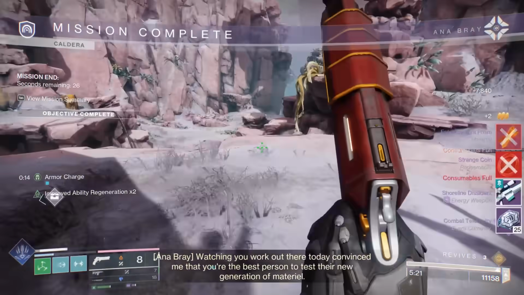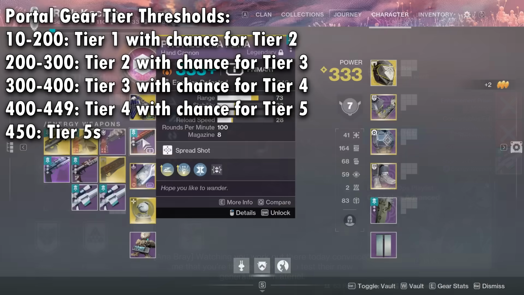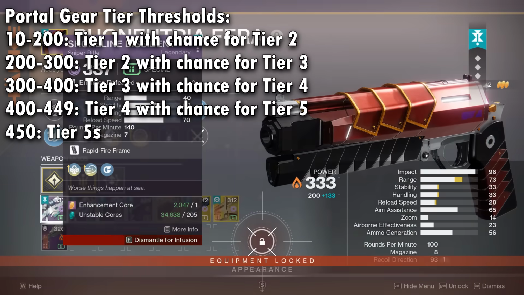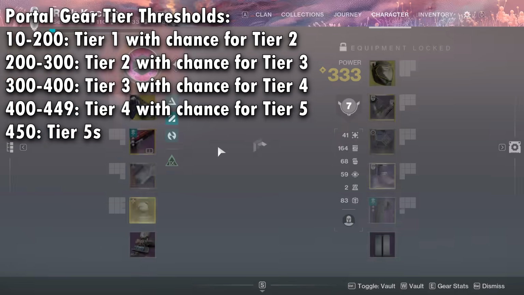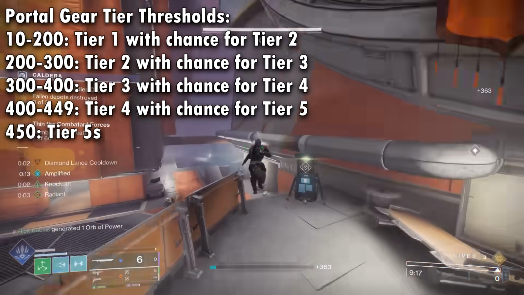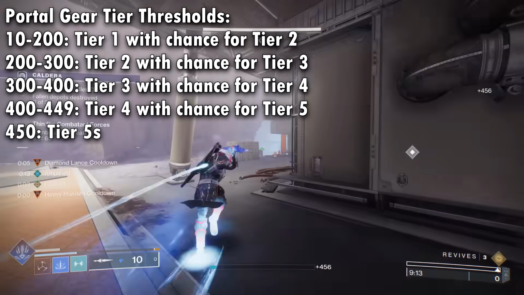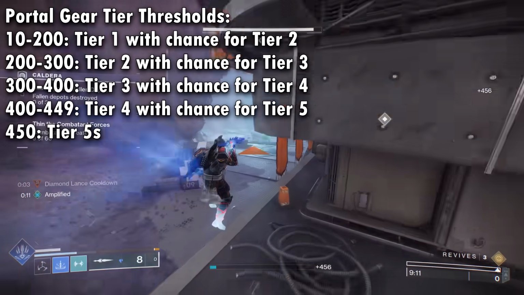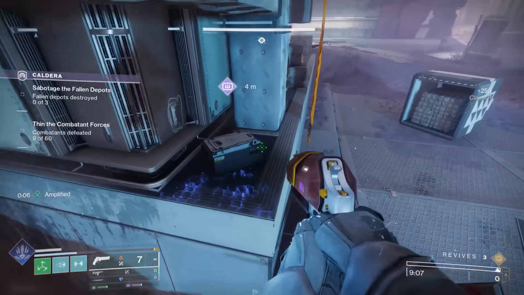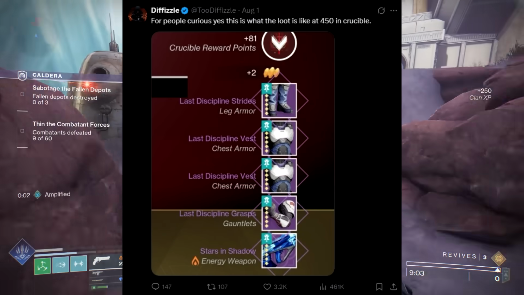Pretty much every portal activity is going to be dropping nothing but tier 3s, and then you have a chance to get tier 4s all the way up to 400. When you get to 400, then you're getting constant tier 4s with a very small chance for tier 5s. And then when you actually get to the max gear score of 450, then someone turns on a faucet for tier 5s. As you can see, my good friend Defizzle here, this is what he gets after a Crucible match